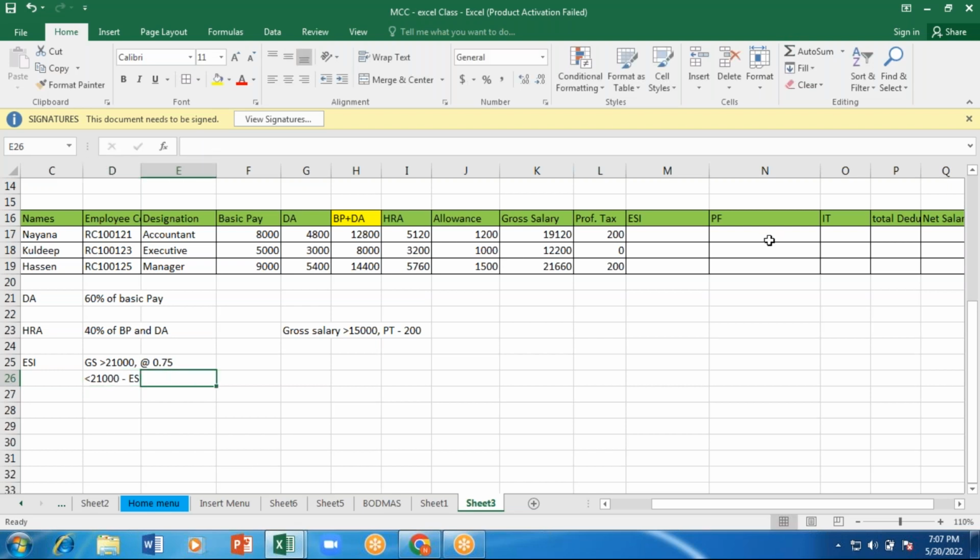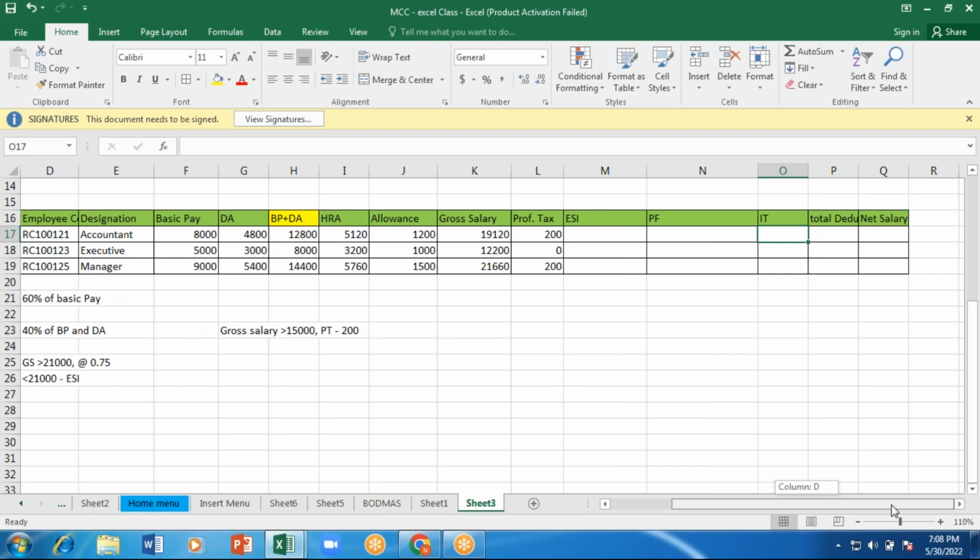PF also uses the same if condition. Income tax is also based on an if condition. So this is what we are doing here. PF is based on the salary, 12%, or directly you can use PF on the salary, 12% you have to charge. That means you can directly apply it. Income tax, there will be a slab rate. So after doing this, I'm just giving here equals to